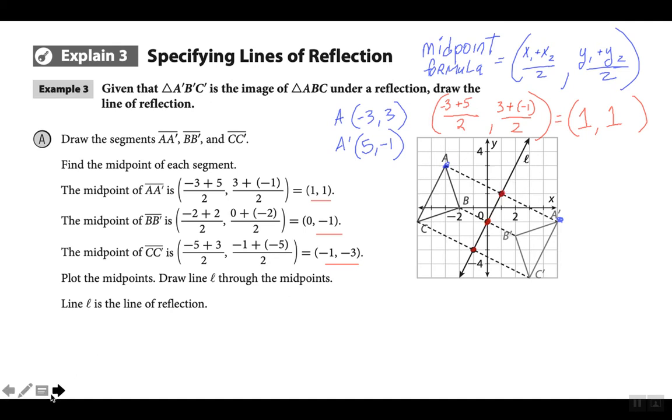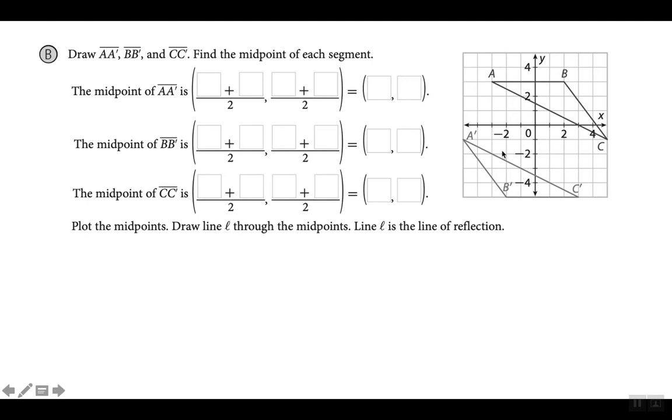So let me do an example here. Same type of question, but a different problem. In order to draw the line of reflection in the exact correct place, the first thing I'm going to do is find the midpoint of A and A prime. So we have A here, and we have A prime here. The coordinates for A are -3, +3, and the coordinates for A prime are